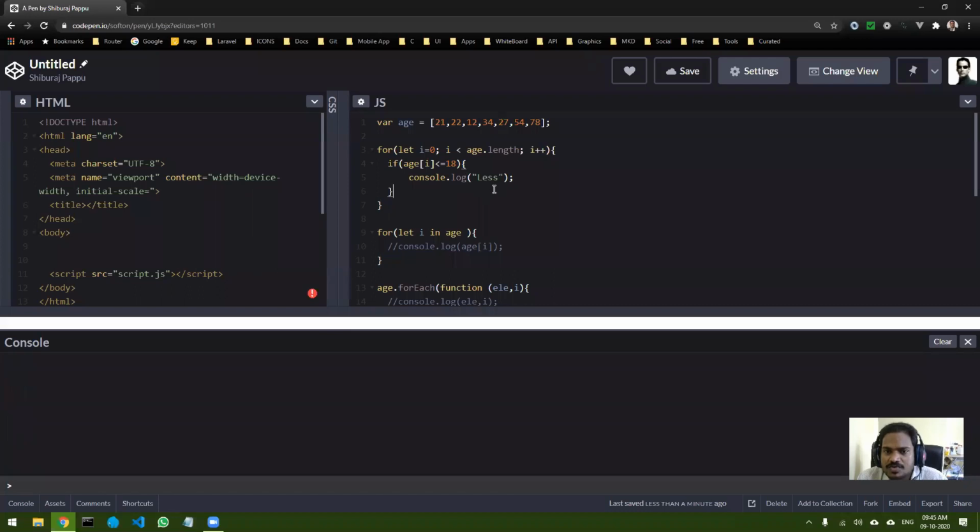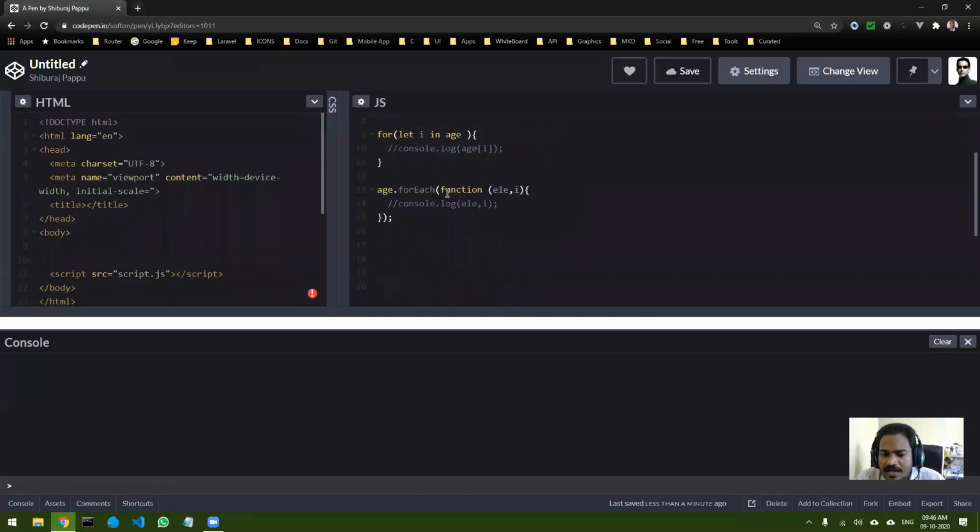Let's suppose I want to check whether each and every element is greater than 18 or not. This is what I have to check, right? So you can use another method over here. This is one way of doing it.